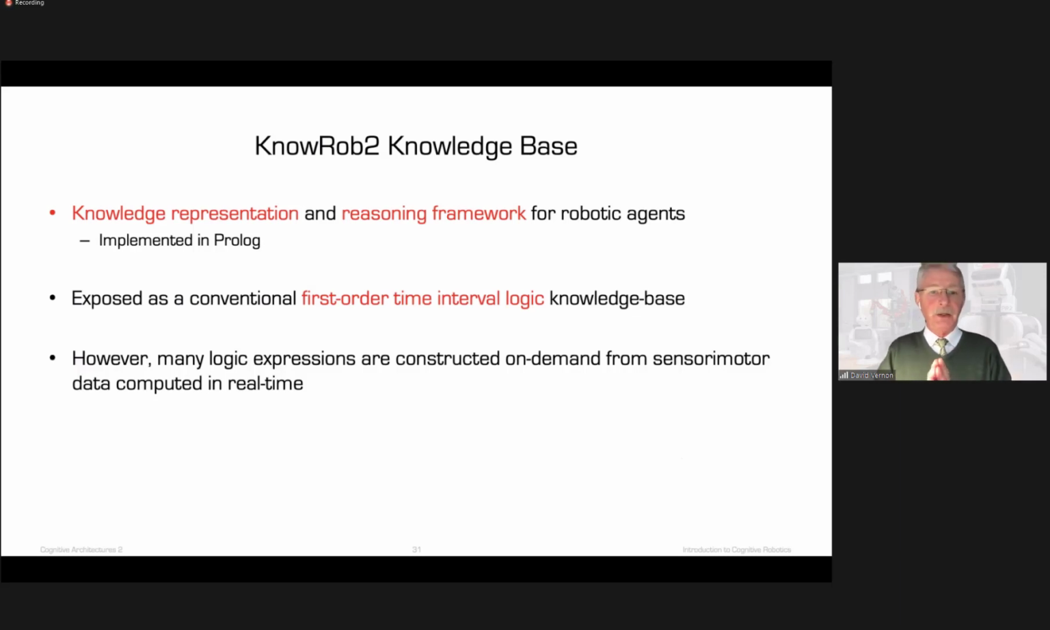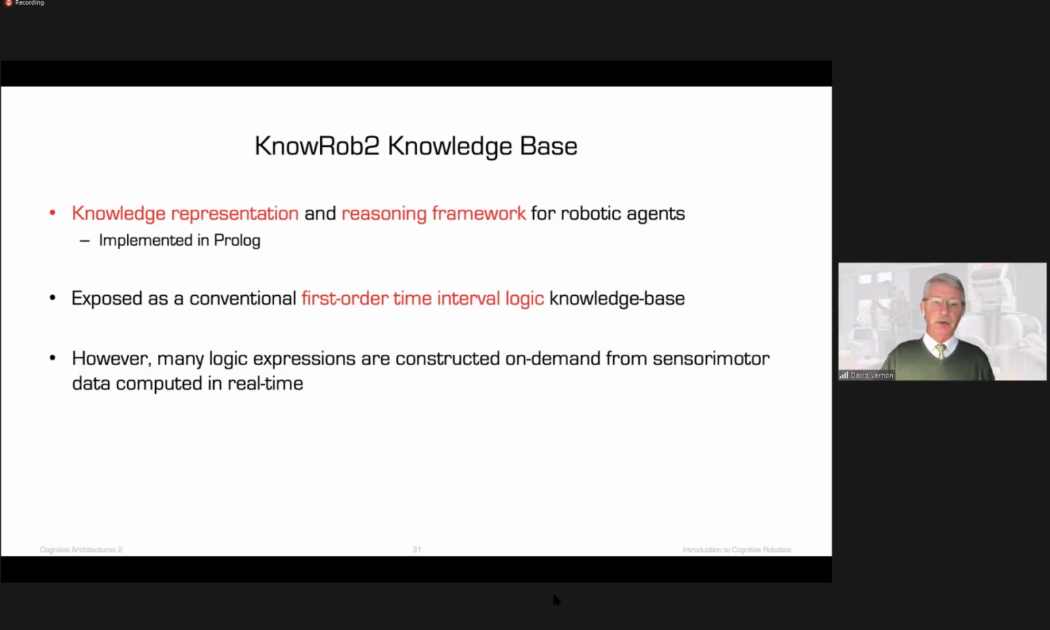One of the things I found particularly interesting and rather exciting when I was learning about this is that many of these logic expressions, which are expressed in first order logic, are actually constructed on demand in real time when you want to find some information about, say, the sensory motor data in the environment or in the robot itself. Now, this is very interesting because effectively a logic expression is a symbolic representation, but sensory motor data is subsymbolic. And so here we have the mechanism, or one of the mechanisms, by which CRAM accomplishes this